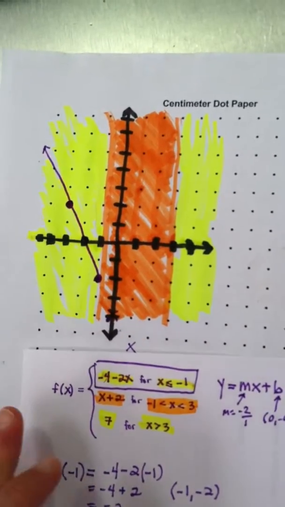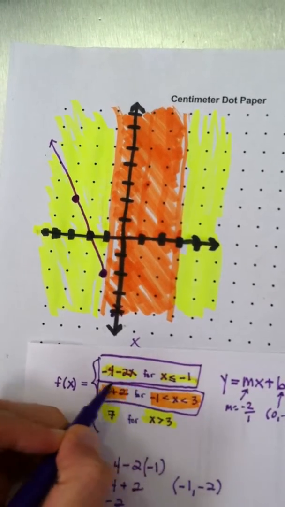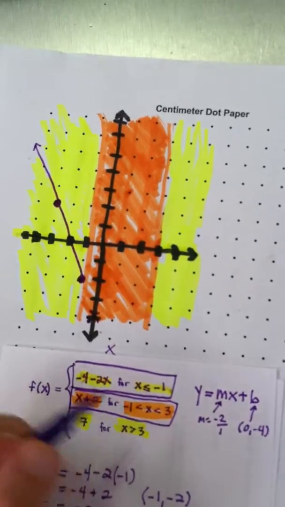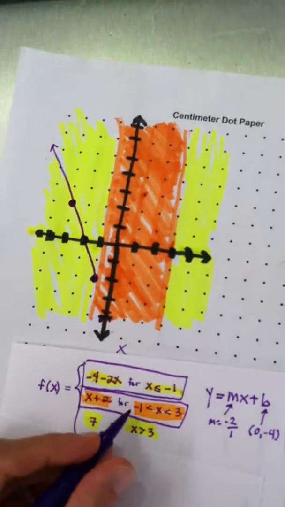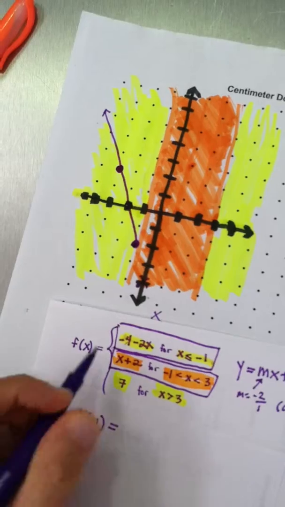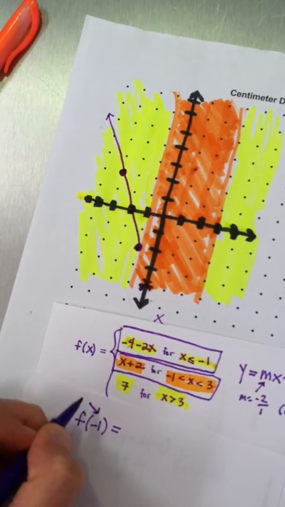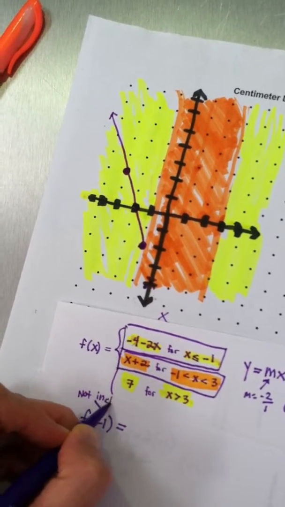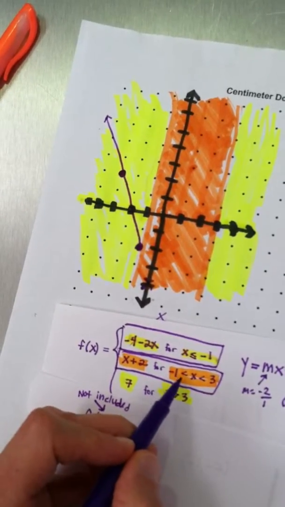So similarly, we can look at the next rule. The next rule is x plus 2, and that's for inputs between -1 and 3. So for example, let's say we want to input -1. But it's not included, so I'm going to put a little note here: not included. Because see how it's not really equal to -1, but I can get really